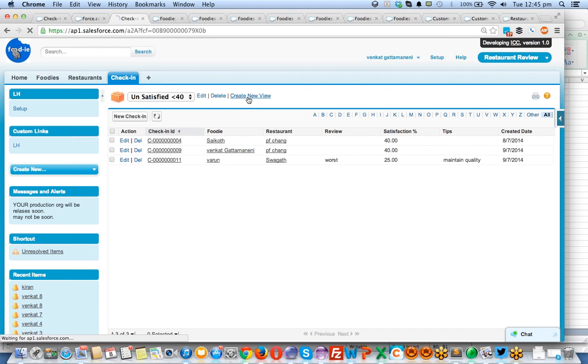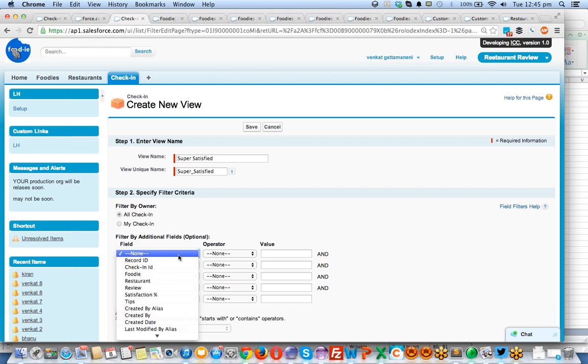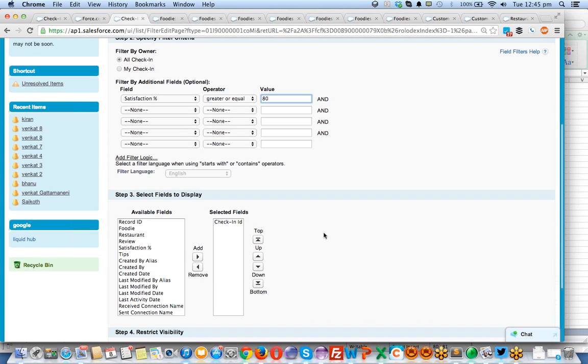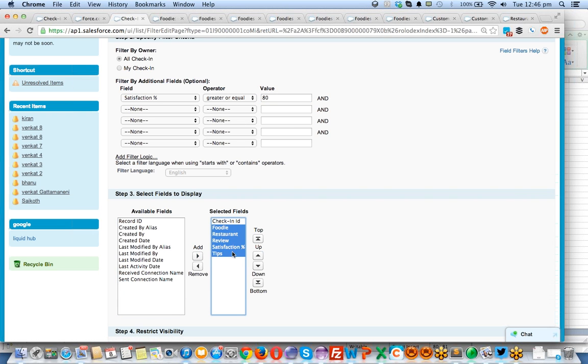Now I'm creating a new view, top rated items. Okay, super satisfied people. So all check-ins, satisfaction score greater than or equal to. Greater than means it won't include the existing number that you are giving. Greater than or equal to means that even if I'm putting 80, it even shows the 80 value also. Click on the required things that you want to see on the screen in the view,